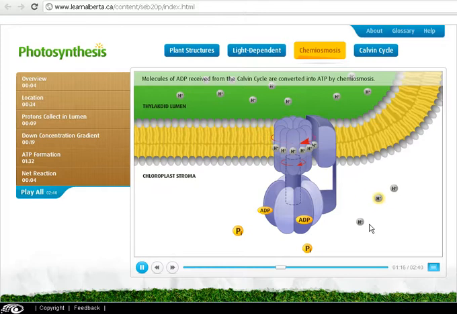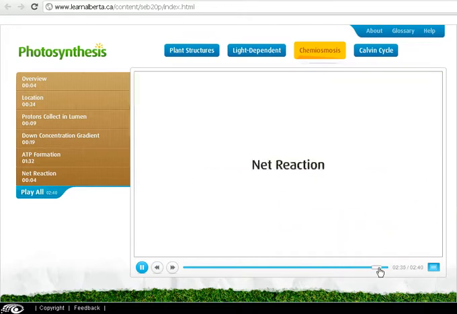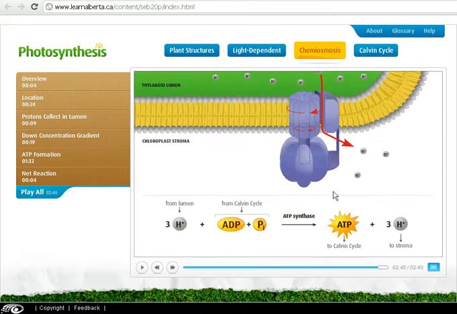ADP, I treat that as also like a taxi. ADP is going to be like a taxi of energy from one side of the cell to the other, and it's taking energy that is created from this process and taking it to the dark reaction, and we need that energy in the dark reaction to drive the production of C6H12O6 because that's what we're trying to do in photosynthesis. So here you can see as the hydrogens get pumped out, ATP gets produced. That ATP is also going to be used in the dark reaction to help make C6H12O6. So we can continue watching that. So at the end, it shows we get ATP that go to the dark